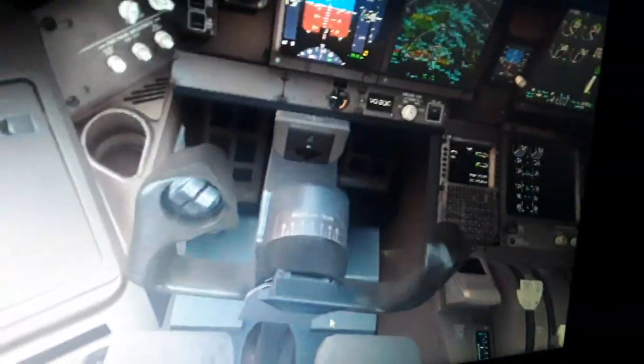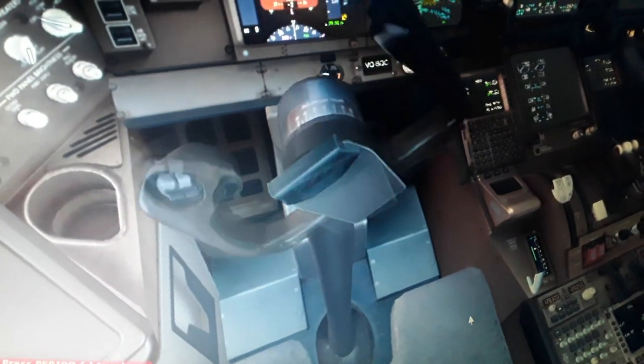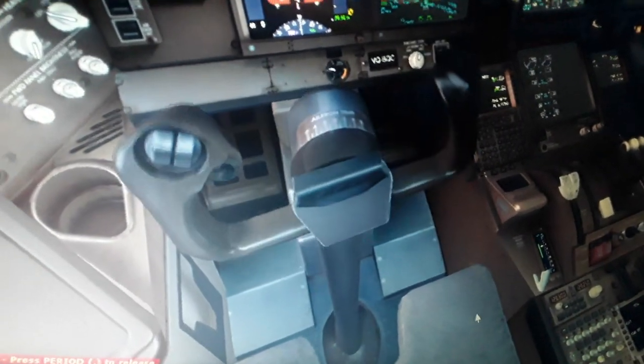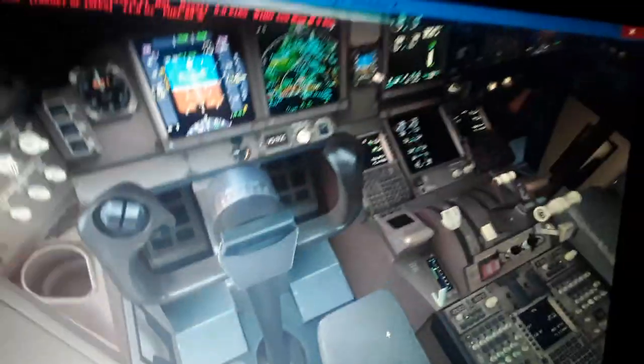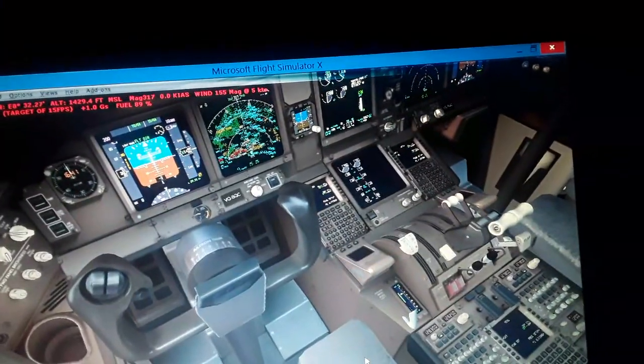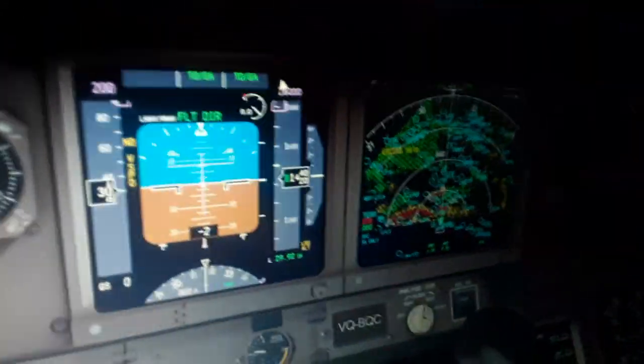So we're gonna start here. You can see we have the flight controls, the yoke and the control wheel. We have the rudder pedals. So I'm gonna start showing you as many things as I can. We have a limited time in tonight's flight, so you can see we have the primary flight display here, the